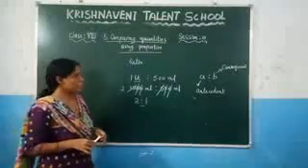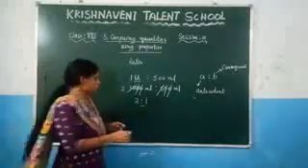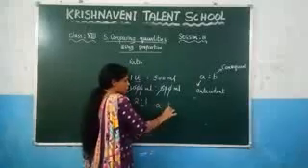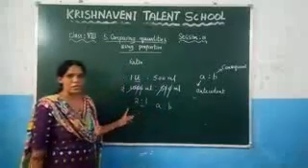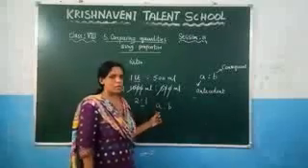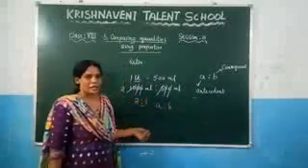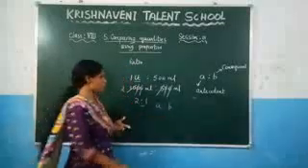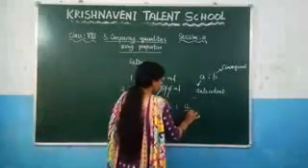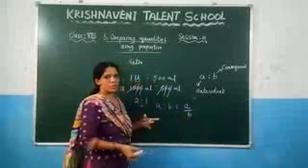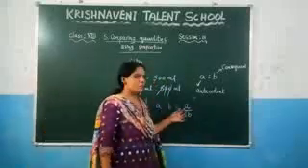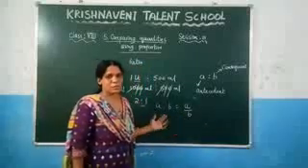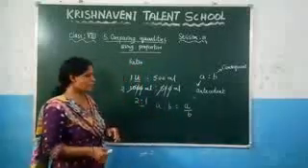So here the ratio is denoted by two dots like this, and we will read it as A is to B. And this one you can read as 2 is to 1. This A we call it as an antecedent, and this B we call it as a consequent. A is to B is nothing but A by B. In the form of the fraction, you can write it as A by B, or it is the same as A is to B. Both are same. This is about the ratio.